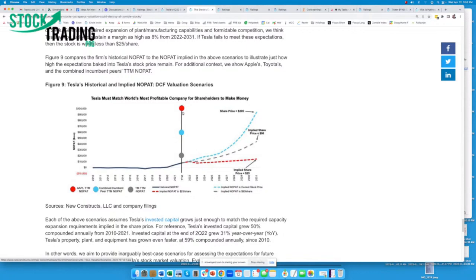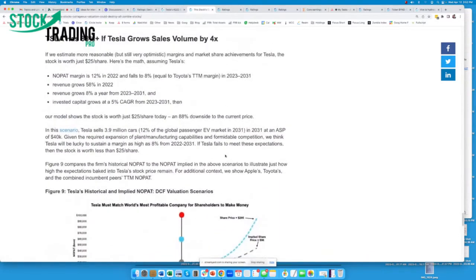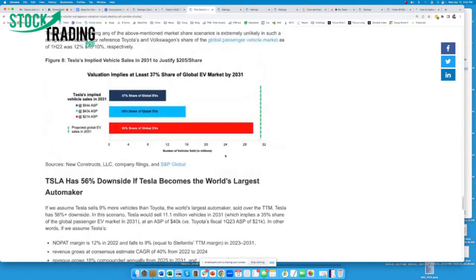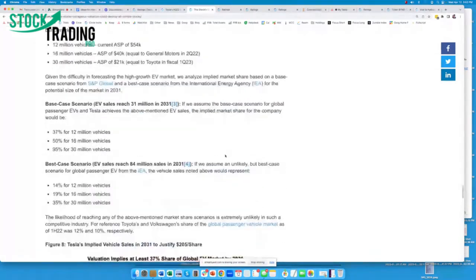I wouldn't bet on that in a car company. Yeah. And this is what the implied profits are for different share prices, so $25 and $90. Now, one of the more important things to take away from this kind of analysis is that we can reverse engineer what kind of car sales are required to justify the price, right? And so we did that here in this analysis,